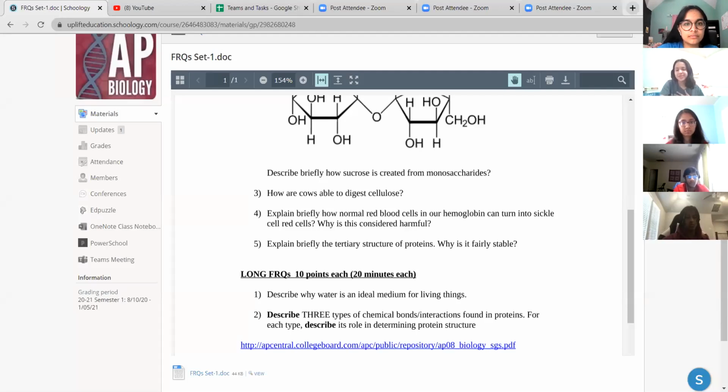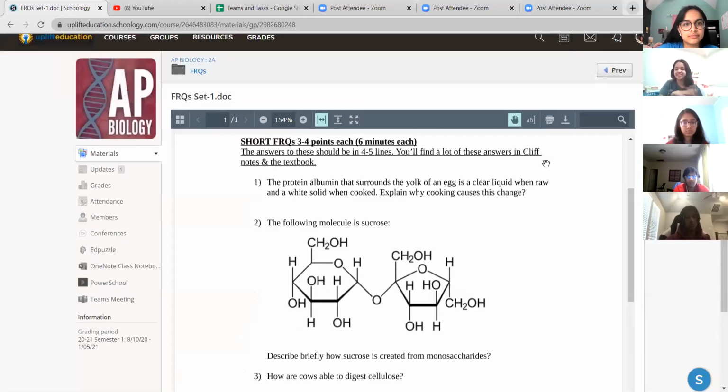Okay, so I'm not completely sure about all these either, so I think it's good for us to work through them together. The first one: the protein that surrounds the yolk of an egg is a clear liquid when raw and a white solid when cooked. Why does cooking cause this change? I have the Cliff Notes, so the answers are in the Cliff Notes. I think the big thing that they talked about with this one was